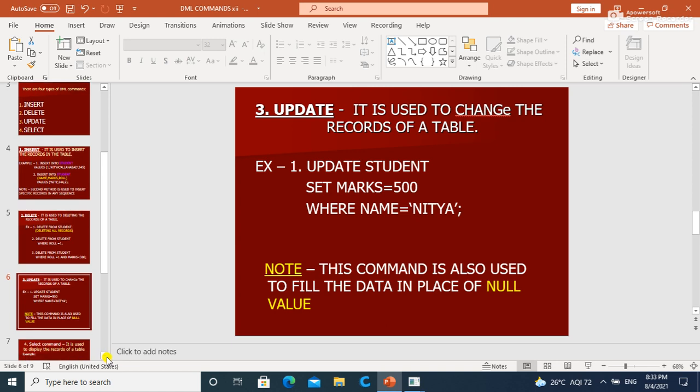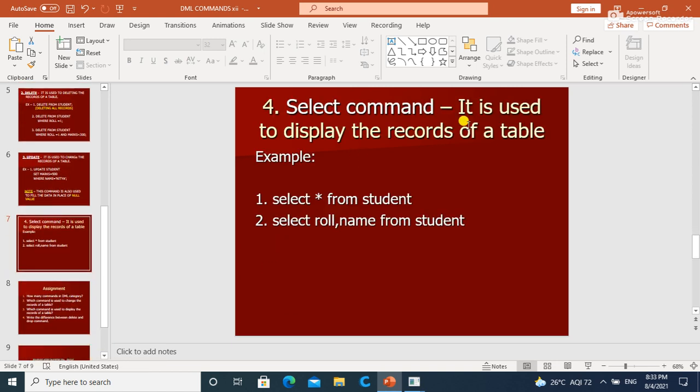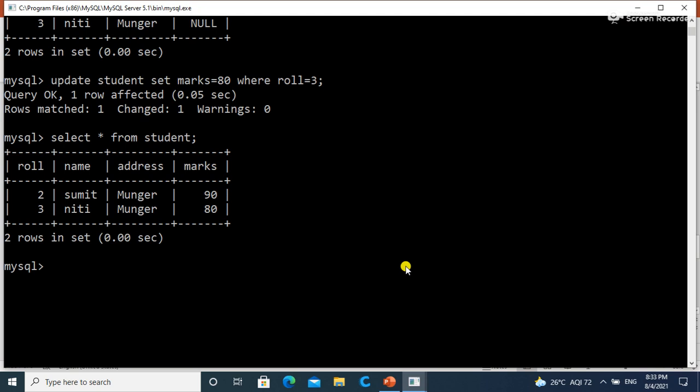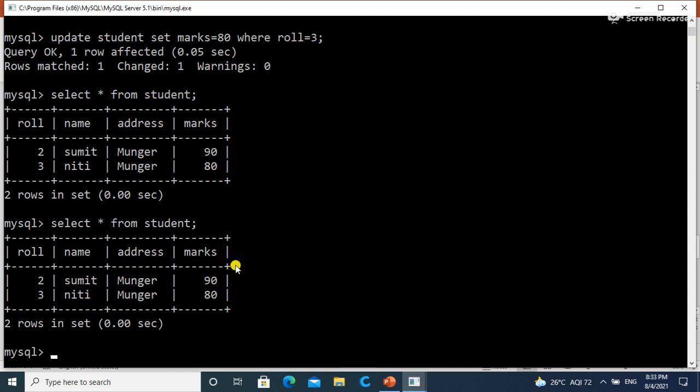Last is the select command, already we have used select command. It is used to display the records of table. If you want to display the records of table, just write select asterisk. Asterisk means all columns from table name, and it will show records of table.